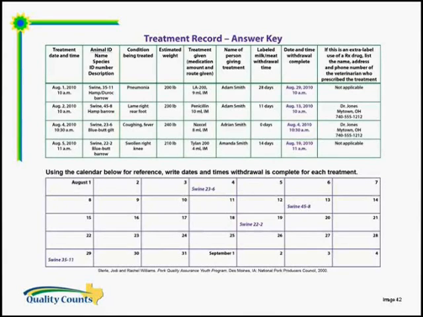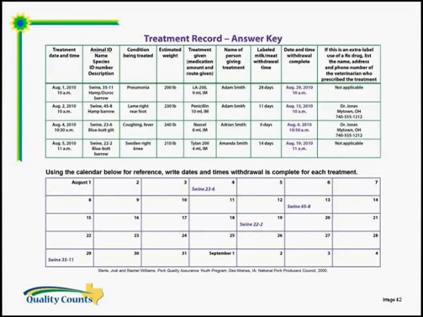It was treated by Adrian Smith, and there is no withdrawal time on this particular animal. So if there is no withdrawal time, that means the animal has no withdrawal period, and it could be slaughtered immediately. And if you can see down below on the calendar, August the 4th, they've got swine ID number 23-6